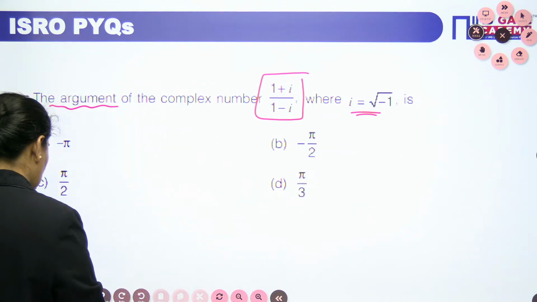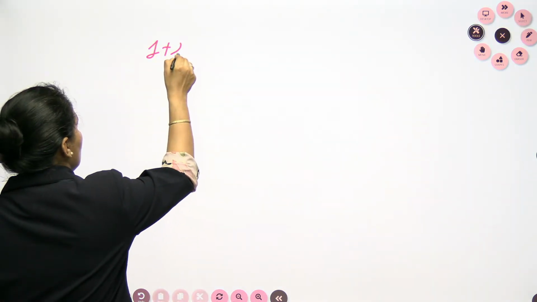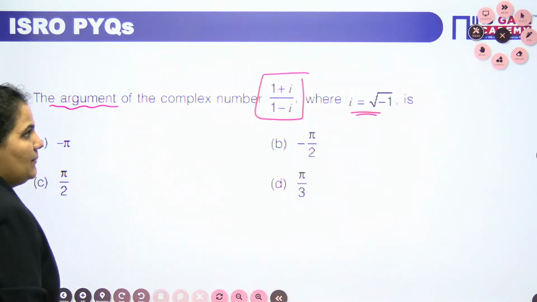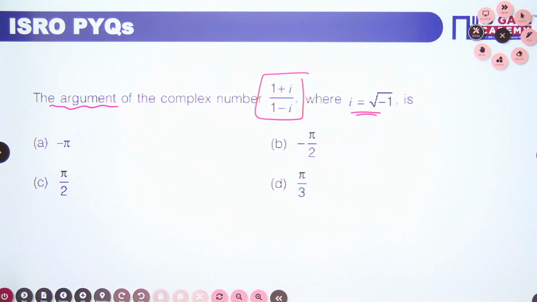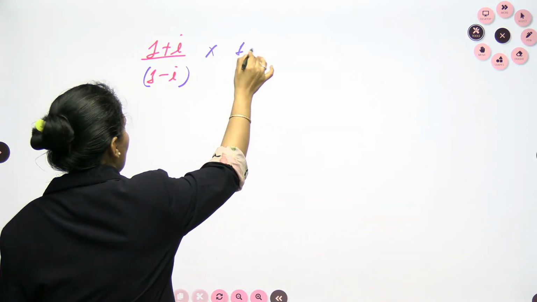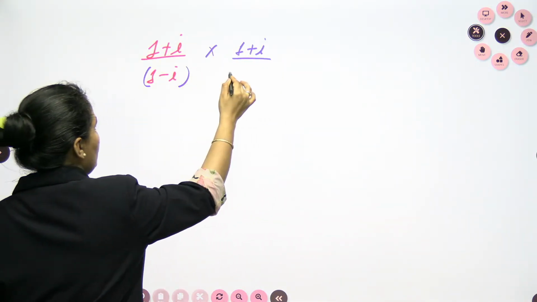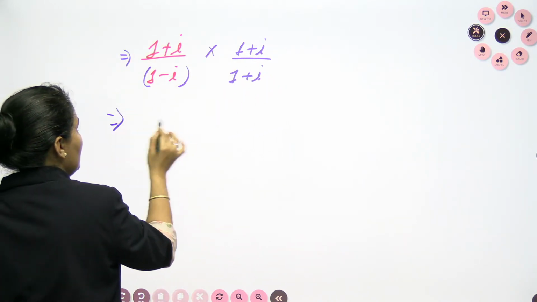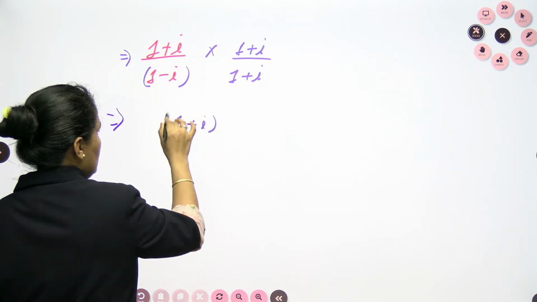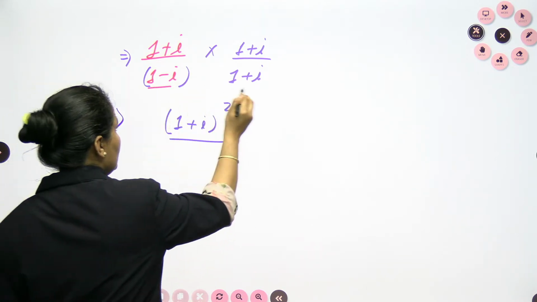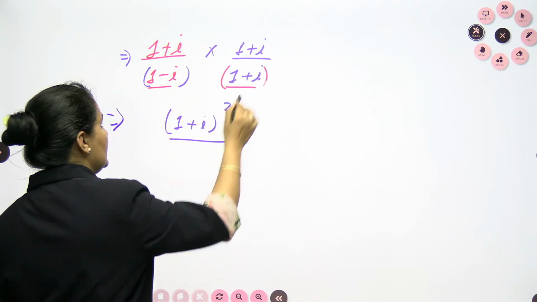Okay, so I'm going to start my question as it is: (1 plus iota) by (1 minus iota). I need to remove iota from the denominator, so I will multiply and divide by the complex conjugate of the denominator. So it will be 1 plus iota multiplied in the numerator and 1 plus iota in the denominator. In the numerator we are having (1 plus iota) whole square, and in the denominator we can see it is nothing